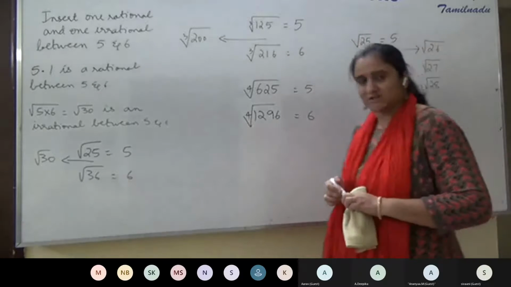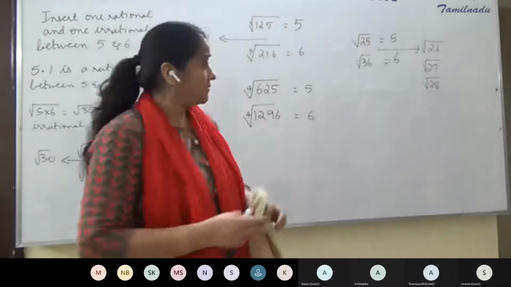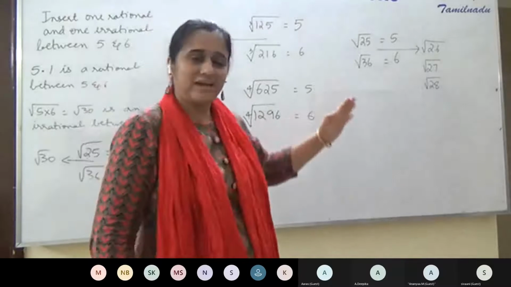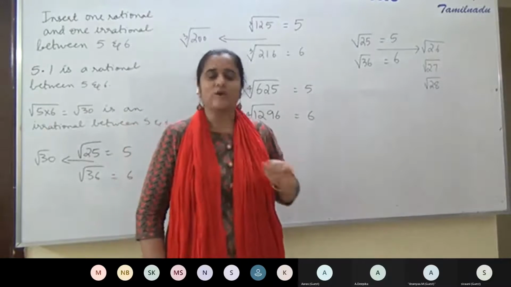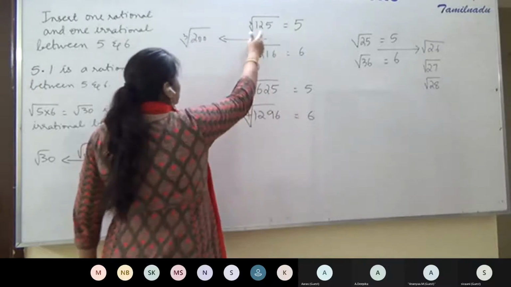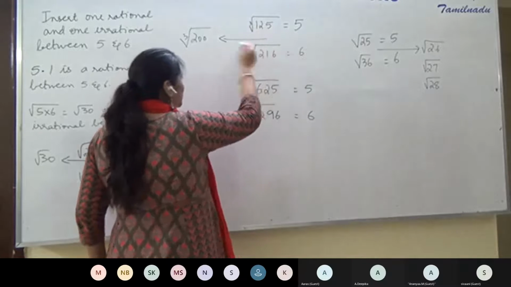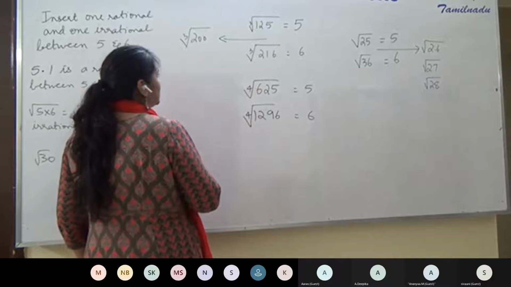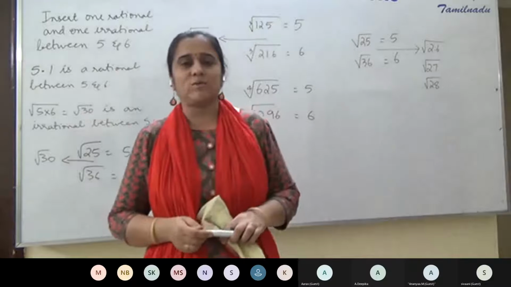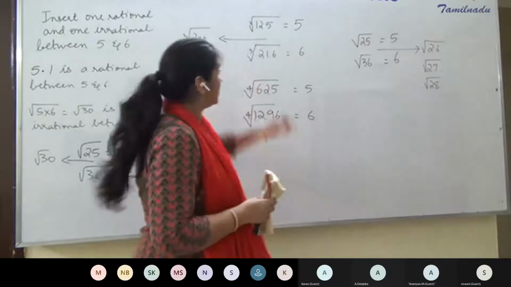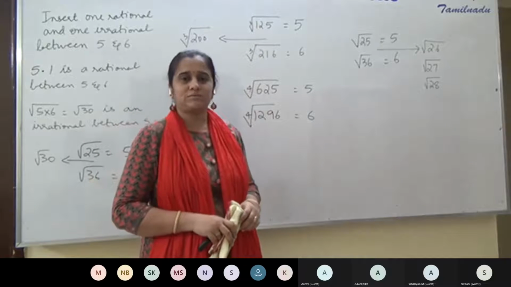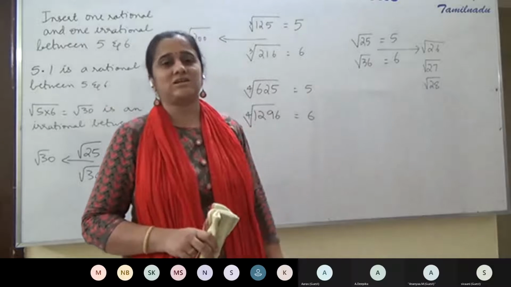But how do we know that they are irrationals? Because those numbers are not perfect squares. Because 26 is not a perfect square, the square root of 26 is irrational. 28 is not a perfect square, so the square root of 28 is irrational. Do the same with the cube roots. 5 is the cube root of 125, 6 is the cube root of 216. So numbers between 125 and 216, 160 for example. 160 lies between these two and is not a perfect cube. Then the cube root of 160 is an irrational number.